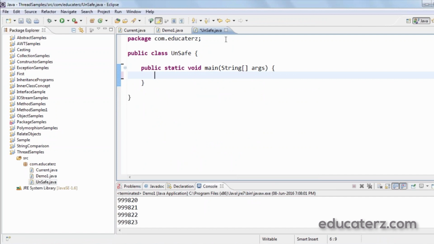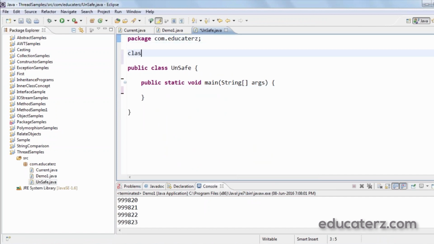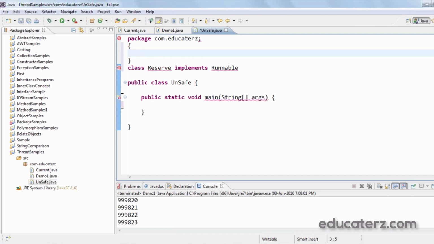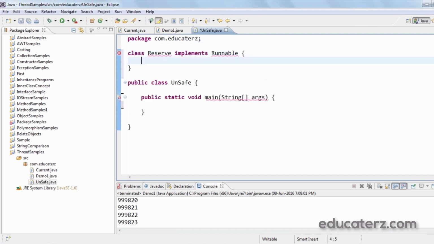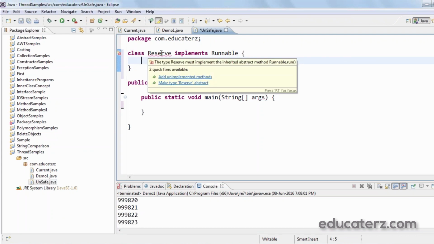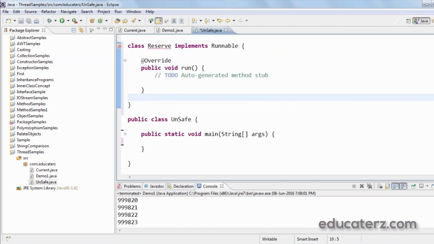So first I need to create a thread. For that I am just naming it as class reserve, implements Runnable. Okay, we need to add the unimplemented method, so that is public void run. So in this,